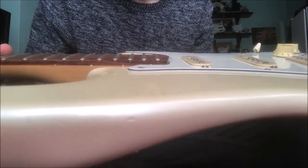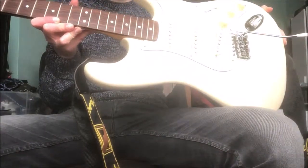So with the shim, the angle looks a bit better. I mean, the difference doesn't look massive, but it will make a big difference. Get some new strings